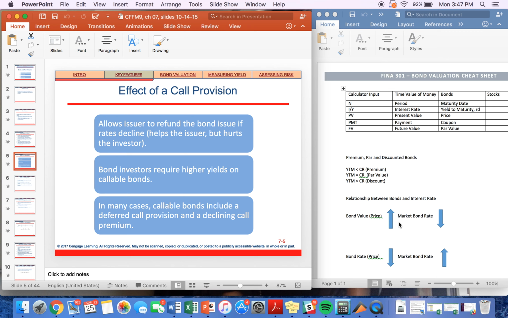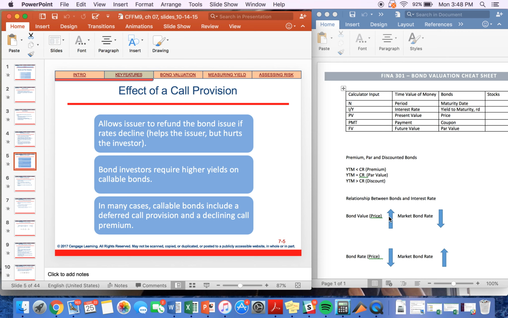It's flush. Now let's say that the bond market 2 years from now goes down to 8%. So your bond is earning 10%, while the market rate is 8%. So your bond is worth more. So if my market rates go down to 8%, my bond value goes up because my bond is earning more